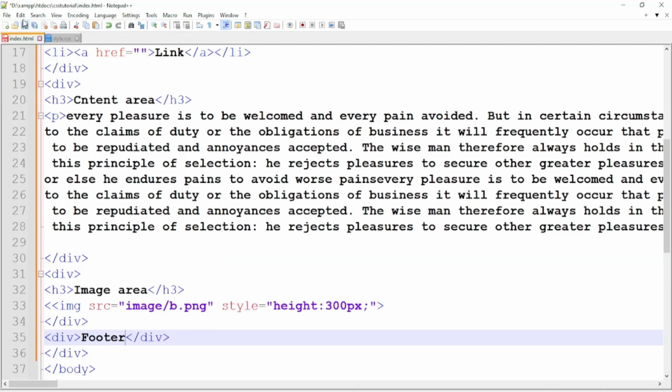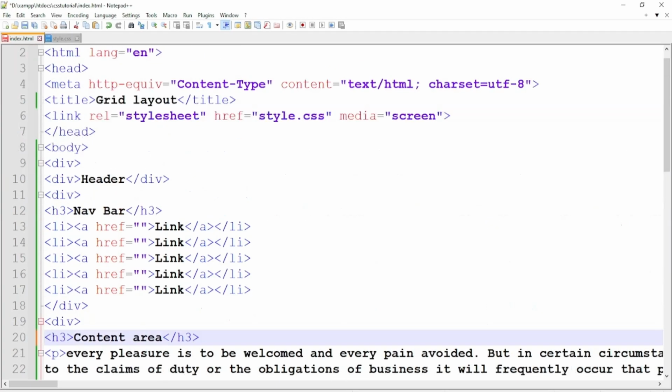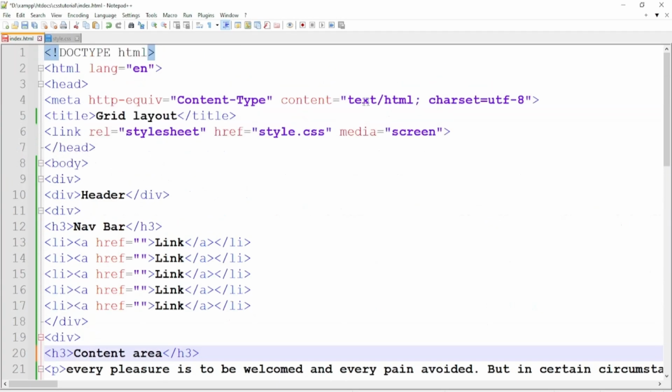Press the build button to save the file. Go to the browser and reload the page. Now we will apply CSS on these items. So we will use an external style sheet, the style.css file,